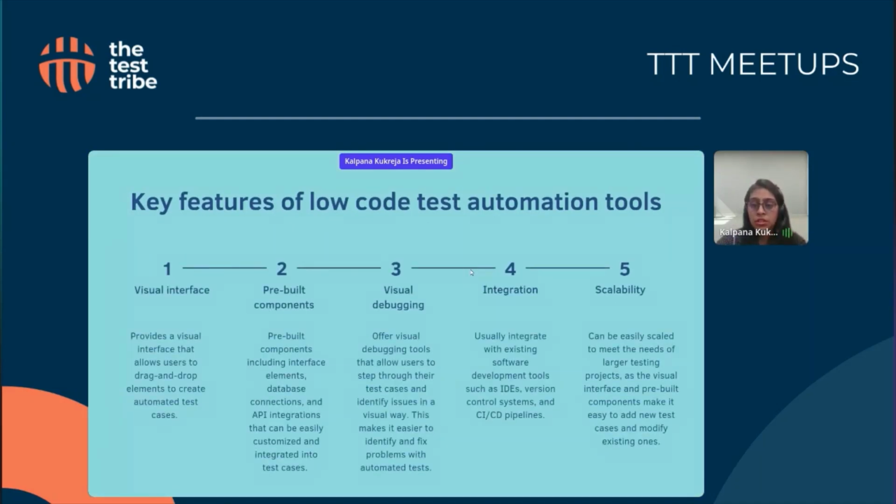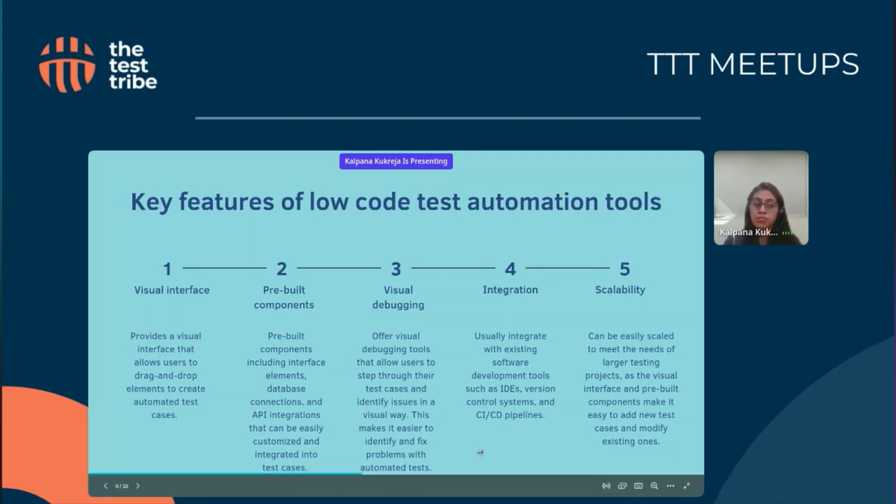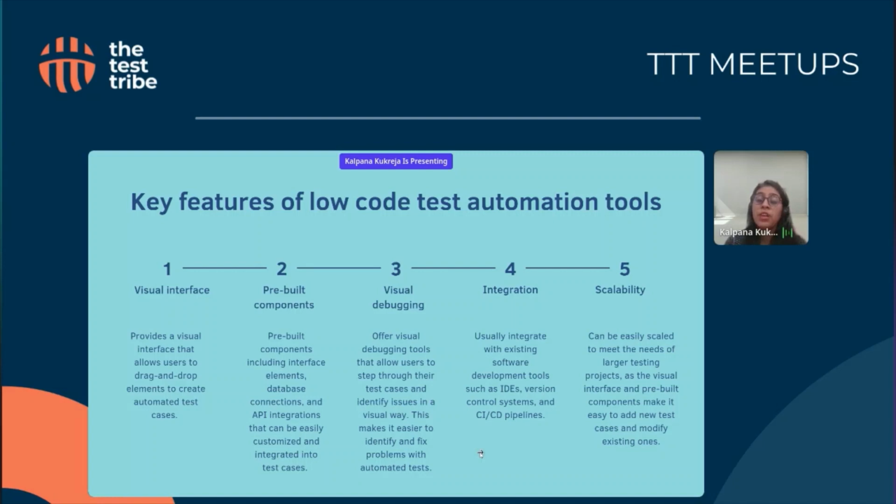Some of the key features of test automation tools are its visual interface that gives you the list of components that you can directly use in your testing without bothering much about how to write a particular method and worrying about the syntactical errors. And especially when there are different programming languages being used, testers often tend to be confused about which programming language they should learn in order to start with test automation. So the visual interface makes it very easy for each one of us to proceed with it.